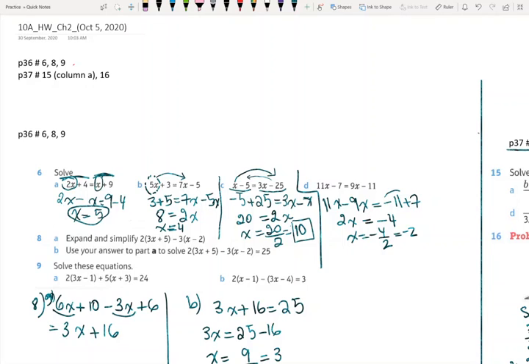This is the math lesson and we're going to correct the homework. Page 36, number 6, 8 and 9. Starting with 6,